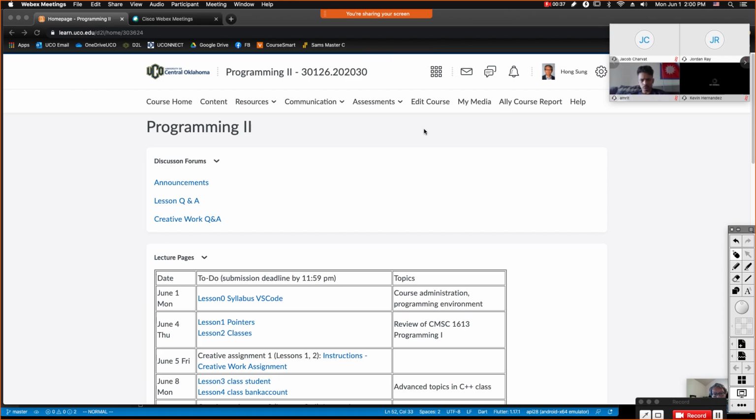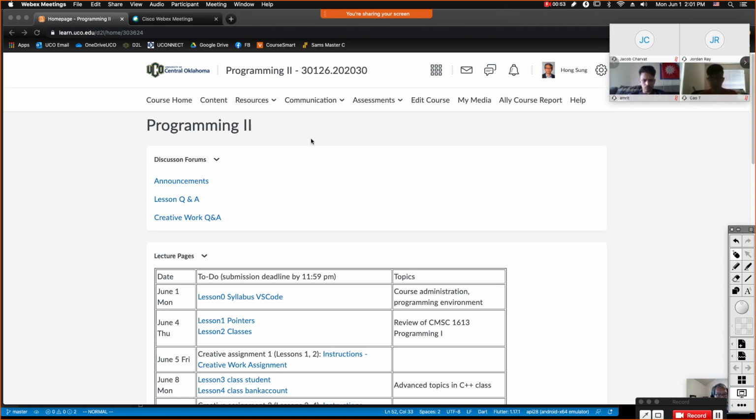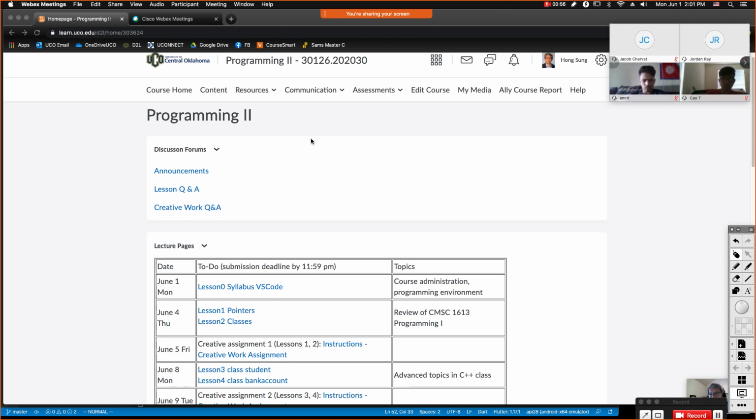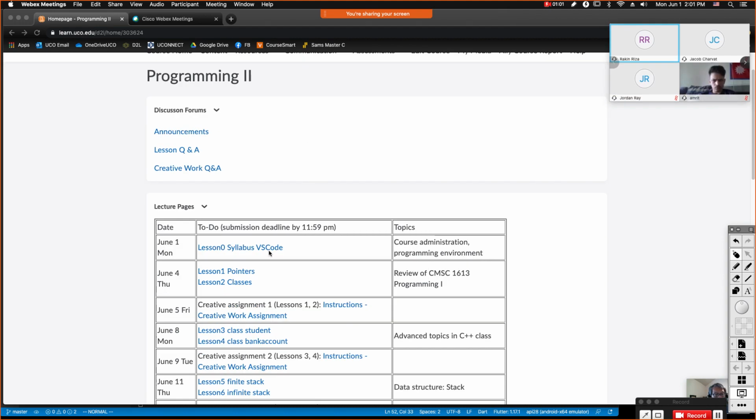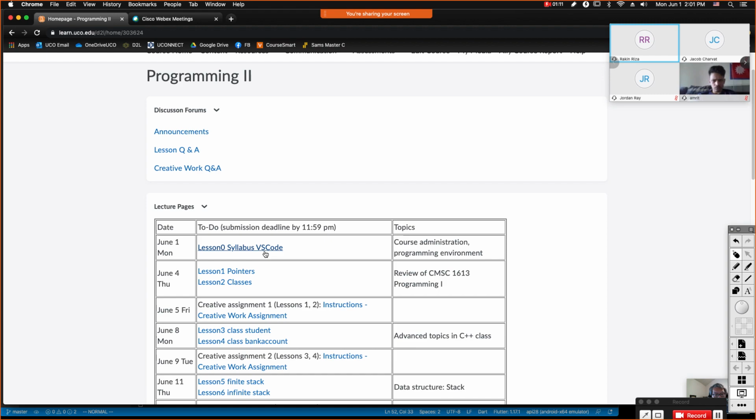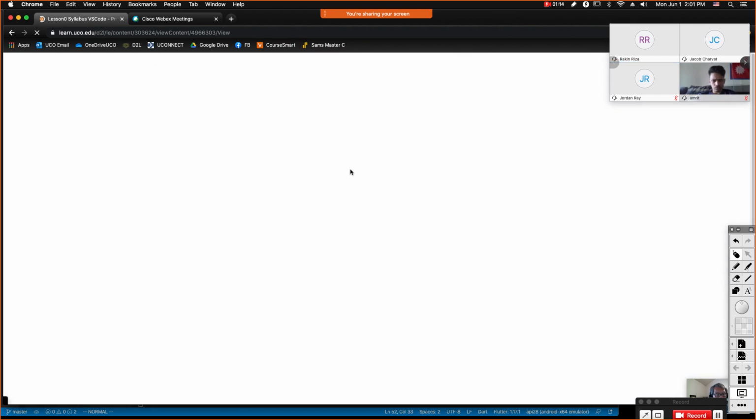So this is D12. As you sign in, you should be able to see the D12 homepage. If not, you have not officially enrolled yet, or at least the UCO system does not recognize you. So make sure that you can see D12. Everything is organized on D12, so you can just check from the very first one, lesson 0. Lesson 0, number 0, means that there is no assignment for that, but lesson 1 and on, there is assignment. So let's begin with lesson 0, and especially